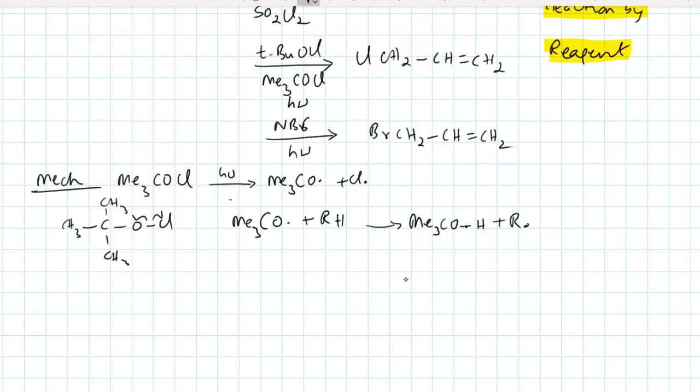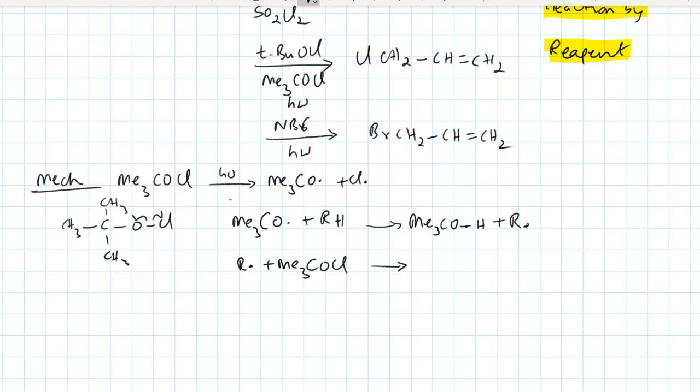Remember, whenever a free radical attacks any reactant, it will only produce a free radical by homolytic fission. It does not produce any other species. Free radicals can be compared to carbocations; they are electron deficient in nature. They have only one electron, so they behave like a carbocation. Therefore, the stability of the free radical is also similar to the stability of carbocations. Now this R dot that is formed will go and attack another compound, Me3COCl. All the free radicals generated during the reaction will attack any other compound present in the reaction mixture.